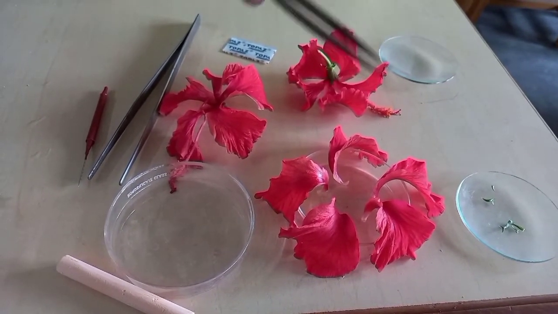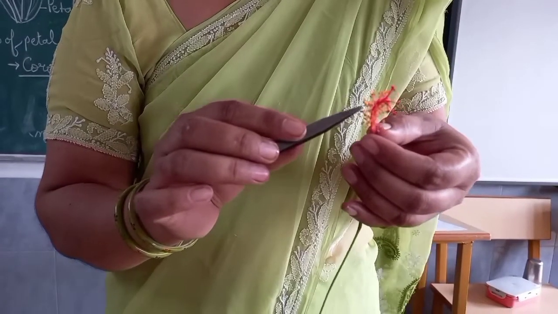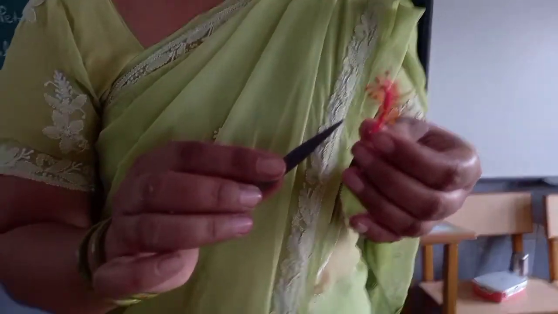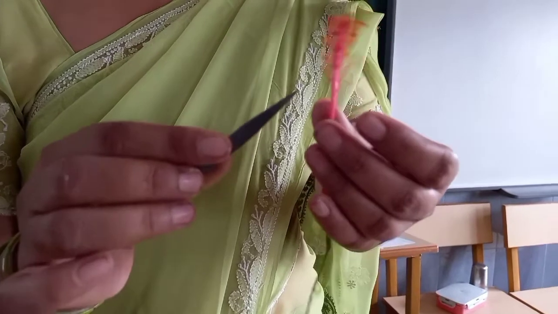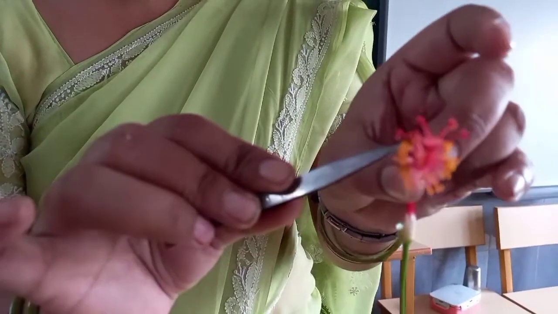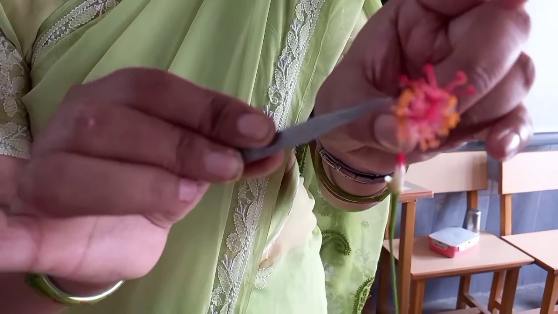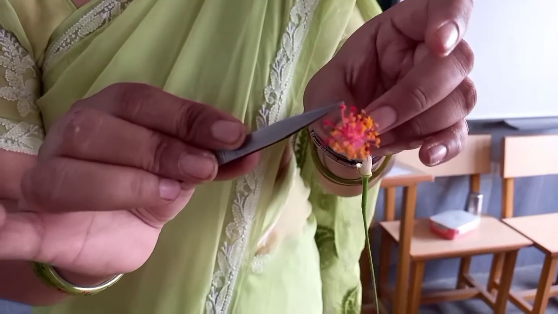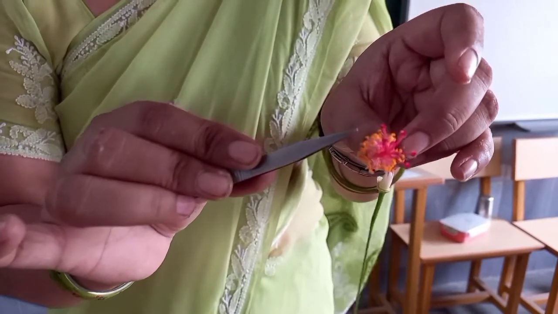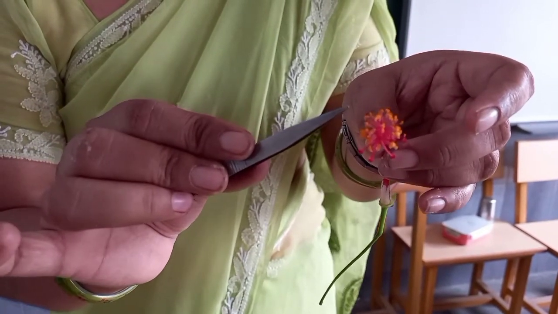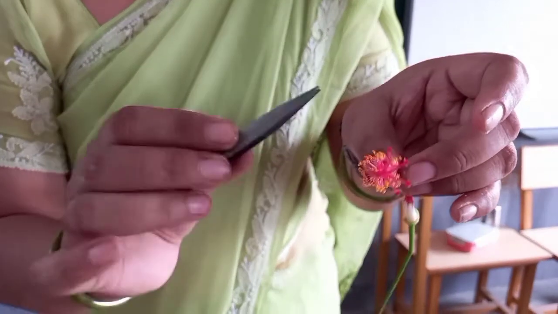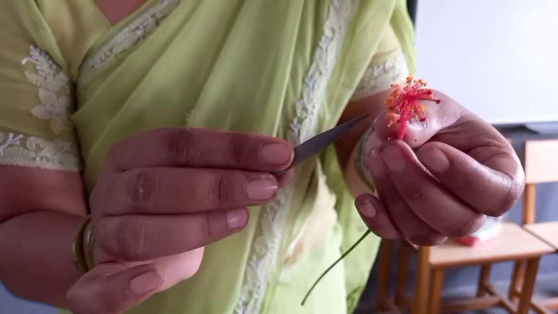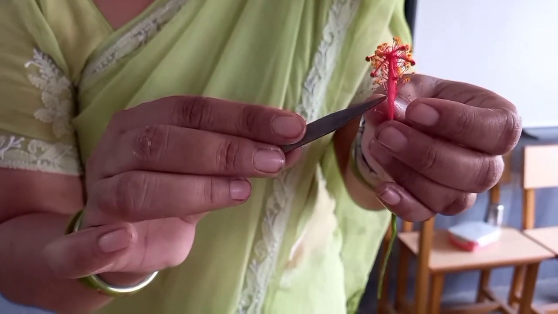Now the next whorl of a flower is the male reproductive part, that is also called stamen or androecium. Now here you are seeing this red thread-like structure and a yellow ball-like structure above. So these all are stamens. Inside these stamens there is pollen, there are pollen grains. So if I am taking out one single stamen,